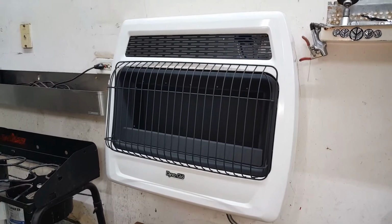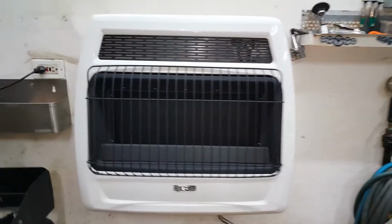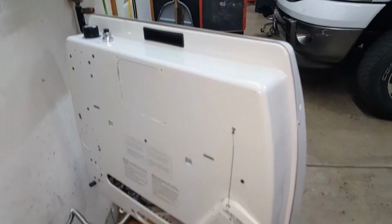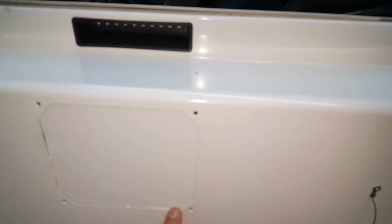We're going to put a blower fan on this heater and see if that makes a difference as far as the airflow. Turned the heater off and then took it off the wall, and I have it sitting here on the table. So for the fan, it's actually going to fit in this section here. There's 4 screws that are going to go into these pre-drilled holes, and that's what's going to hold the fan